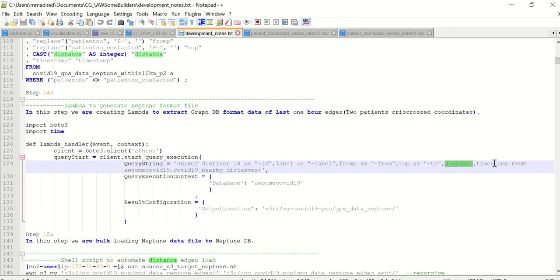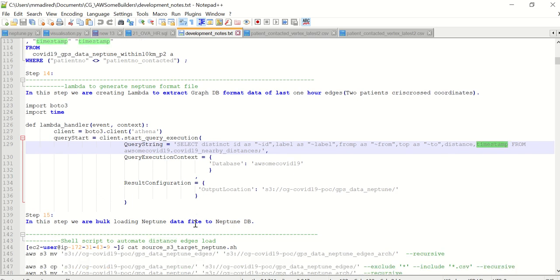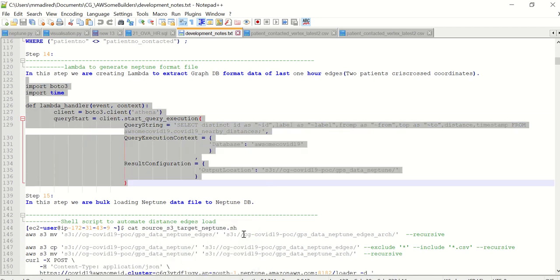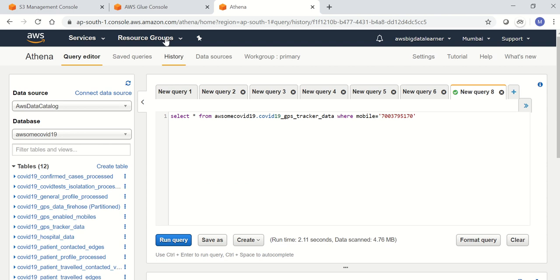The distance and the timestamp are the properties. So we will run this particular lambda function for the data which we just created.